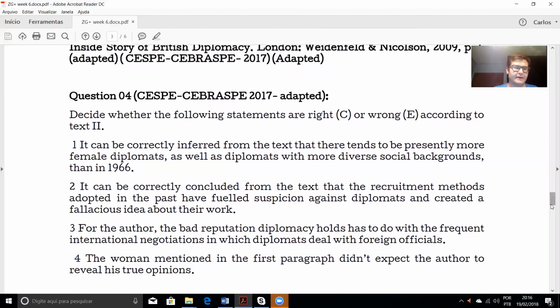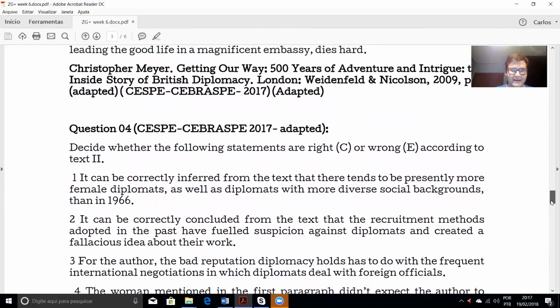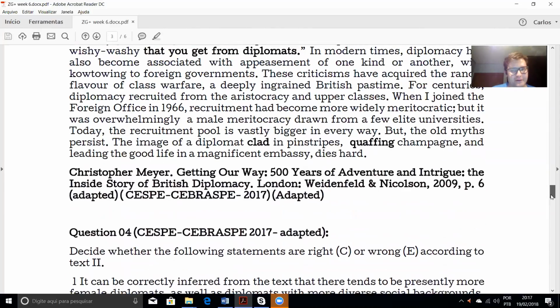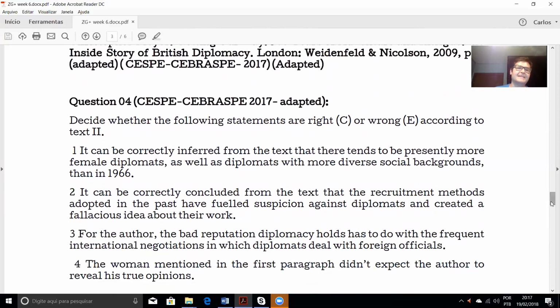Item number 2, it can be correctly concluded from the text that the recruitment methods adopted in the past have fueled suspicions against diplomats and created a fallacious idea about their work. Of course, this is also correct. Since recruitment methods before, they only recruited diplomats from aristocracy, from upper classes, and from specific universities. It created this idea that all diplomats do is go to expensive cocktails with expensive suits, and also